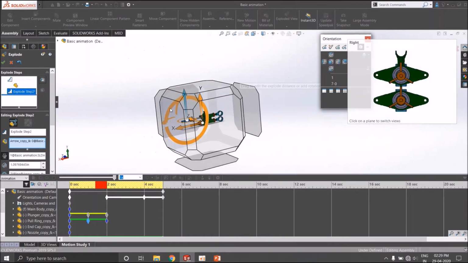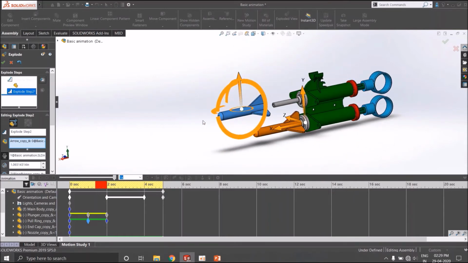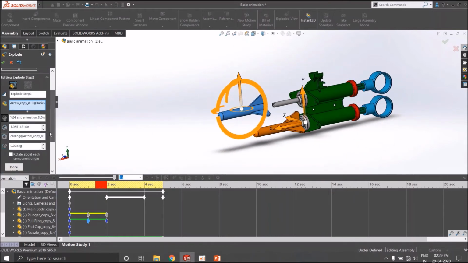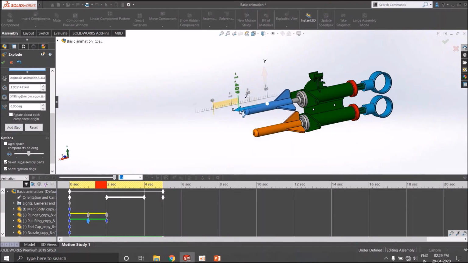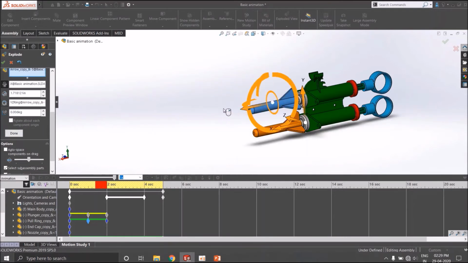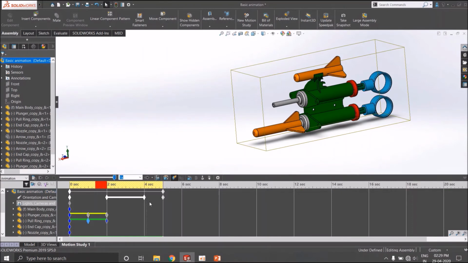To be precise, you can move to the side view, go back to the original position. Done. The third step will be back inside. Okay, so for now, let's collapse this assembly.